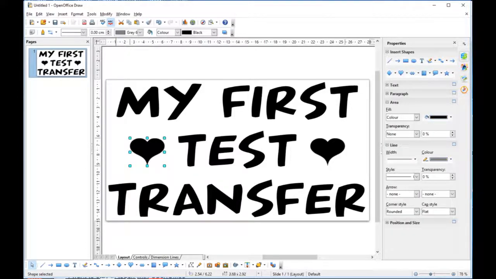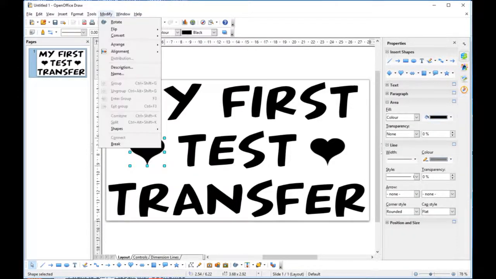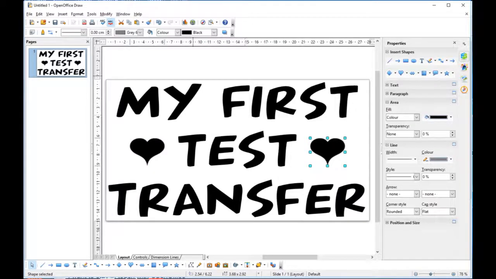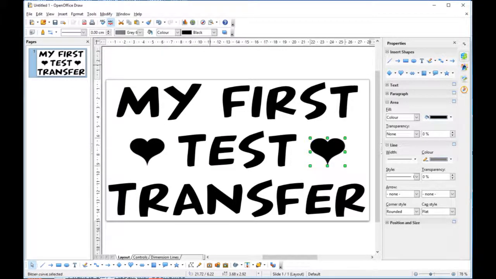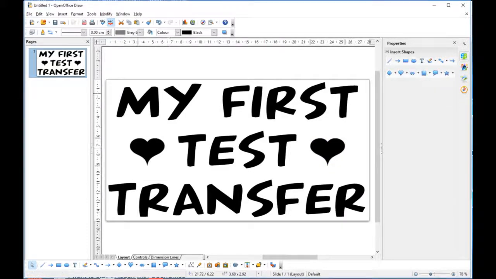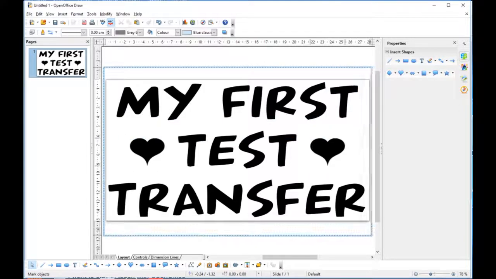Also with shapes, go back to Modify, go to Convert, and do To Contour. So To Contour: Modify, Convert to Contour. Okay, with your shapes. Right, once we've got all that, all we then need to do is to highlight the entire thing